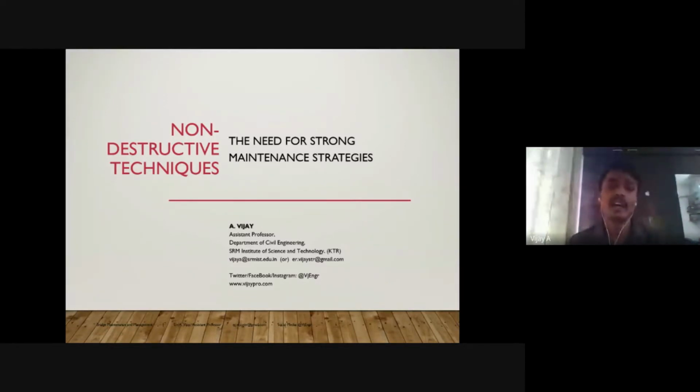Actually, in the field, NDT is often used as an umbrella term. That means under NDT you have many mechanisms that you need to follow, and for each different type of structure you need to follow different types of NDT methods. For corrosion, you have to use a different method. For deterioration of concrete structures, you are going to use different methods to understand the strength of materials. So NDT is a common umbrella term used to refer to any non-destructive inspection methods, the inspection tools, or even the entire field of non-destructive inspection, based upon the particular method that you choose for your maintenance.